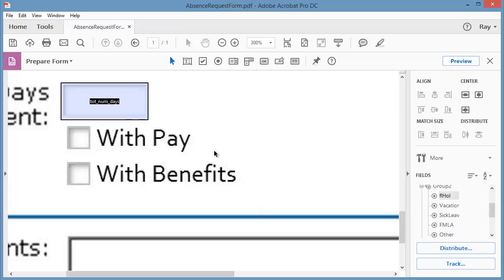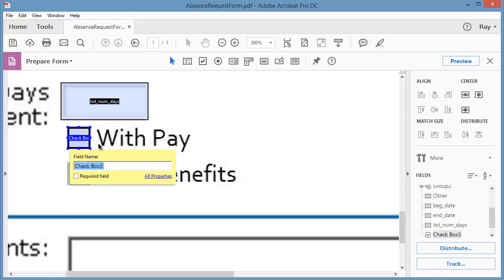All right, next let's take a look at some checkboxes. To create a checkbox, I just come up to my toolbar here under Forms and I click on my checkbox tool, which is right next to the radio button tool, and I click on it once, and then I come out and I'm just going to go ahead and draw a square checkbox over the guy that I have here,